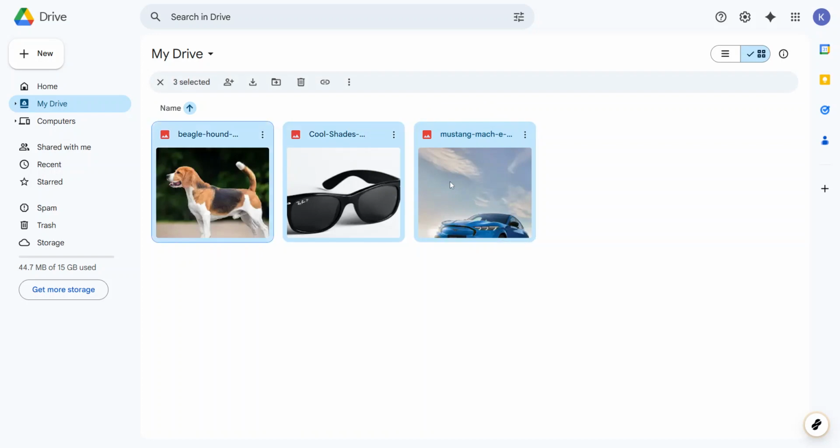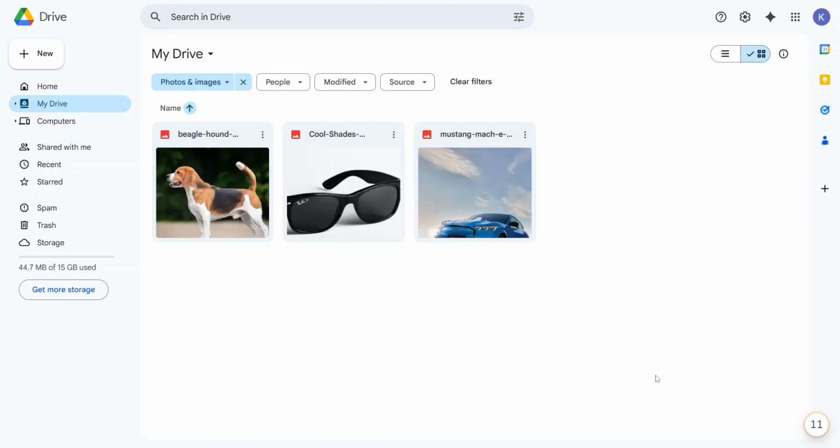Each press extends your selection to the next photo to the right, so you can add several photos quickly without dragging your mouse. If you want to change your starting point, simply click a different photo to make it active. This resets the anchor for your selection. From there, you can hold Shift again and adjust your selection with the arrow keys to include